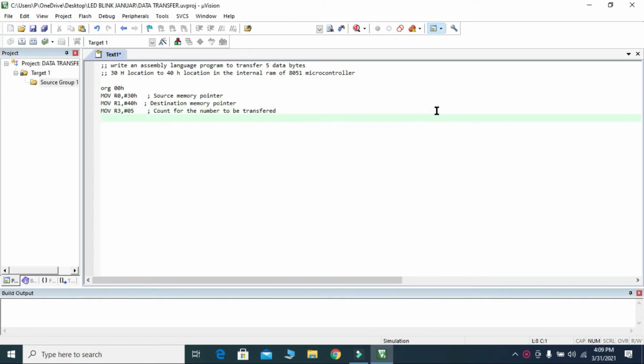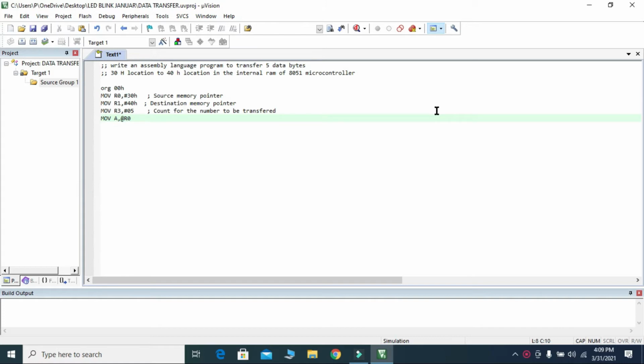Now we need to read the value from 30H, that is the source memory, onwards. There is one way, that is called the indirect way. So MOV A, @R0. This is an example of the indirect addressing mode.